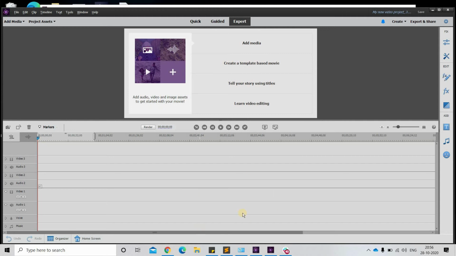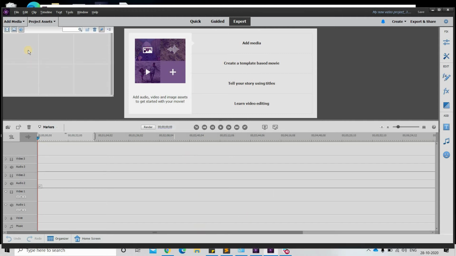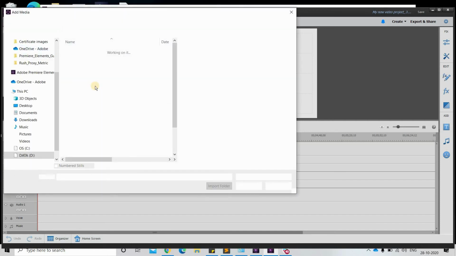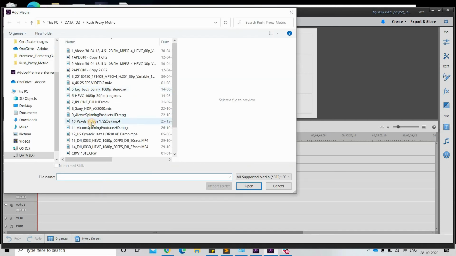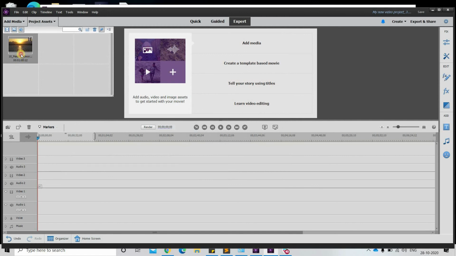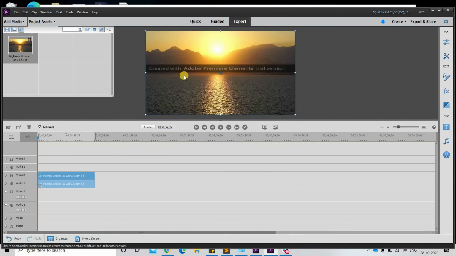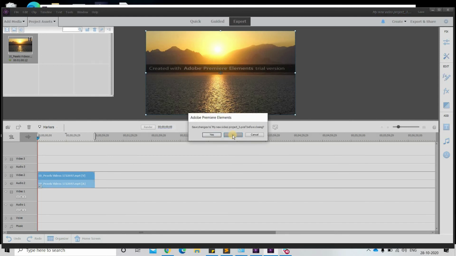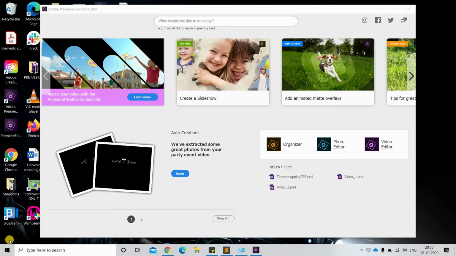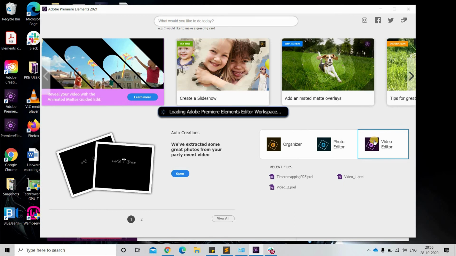Now you have activated this PRE in this session only, so you cannot see the changes yet. In this session, if you add anything, let me show you, you will still see the watermark. To make the changes according to the licensed key, you have to close PRE once. So I am closing it and relaunching.